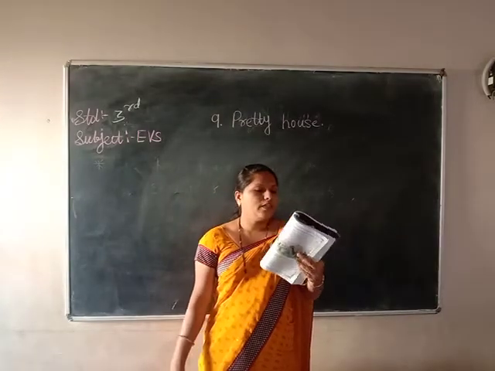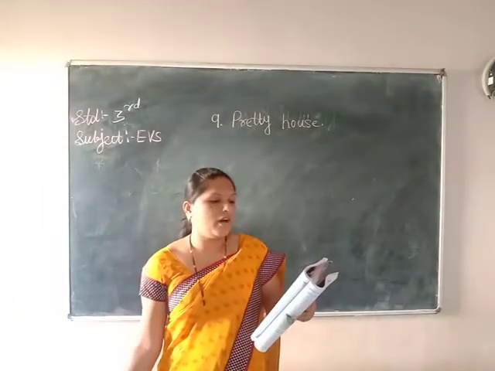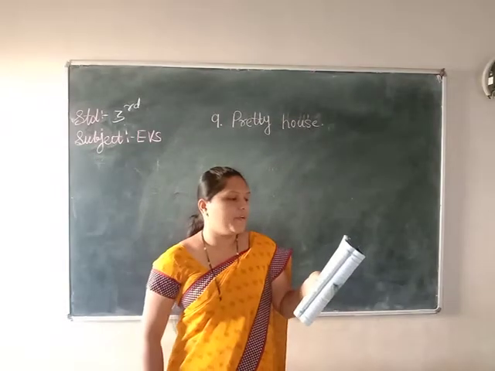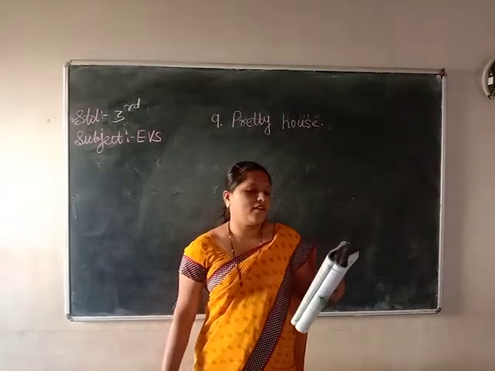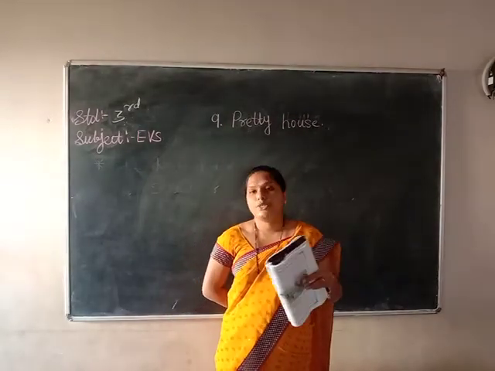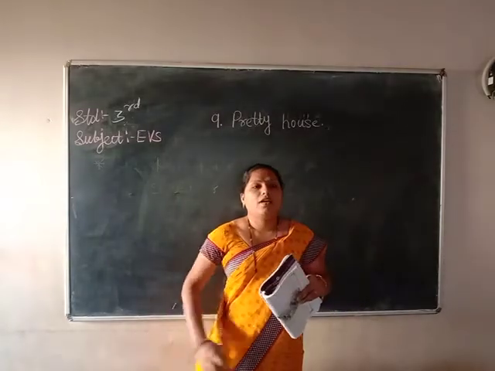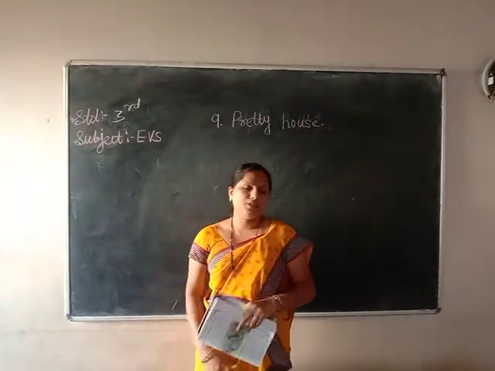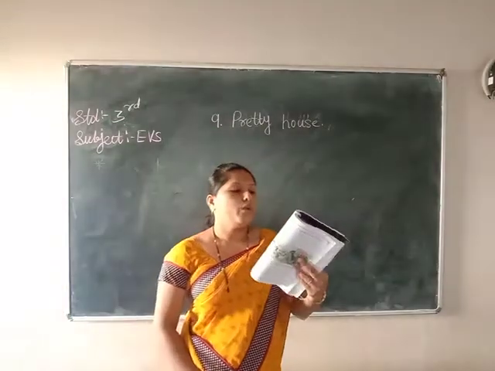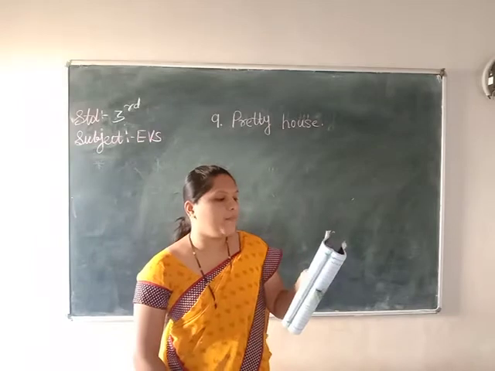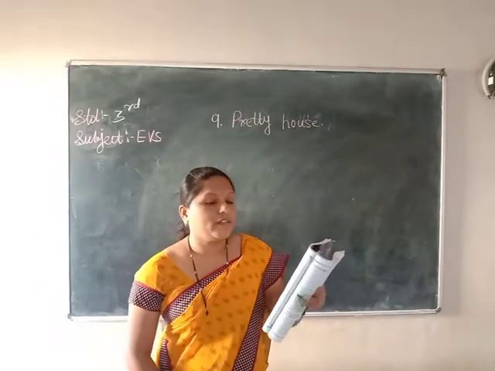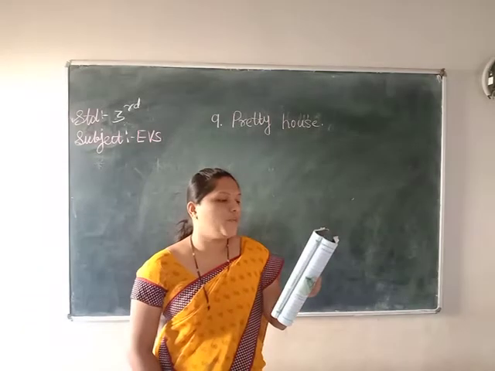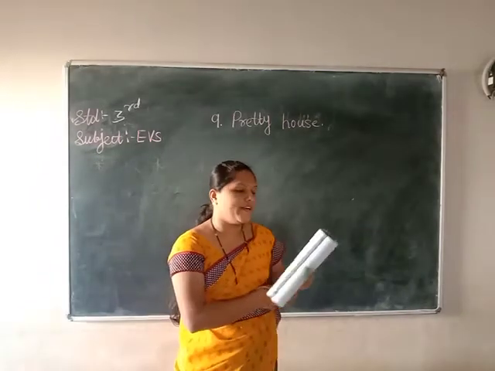Later he went inside the house. He built that house and he went inside. What happened here? It was very dark. It had no ventilation, which means it was a very dark room, and there was no area to get light and air. To get light and air, he took a big vessel.